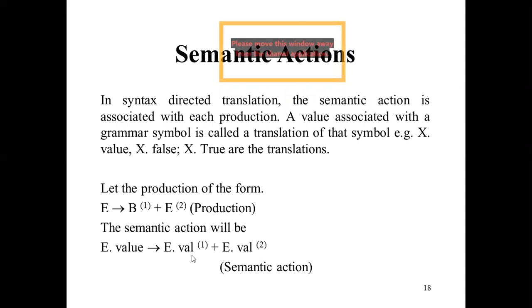Okay, E.val means E.val1, E.val2. This is the short form abbreviation, we can write this. This is the proper way. This is called the semantic action. We are just breaking it and writing it in the form of .val1, .val2. We are considering this 1 and 2 from here, and after that we will replace this by V1. So we will proceed in this way. This is called the semantic action.